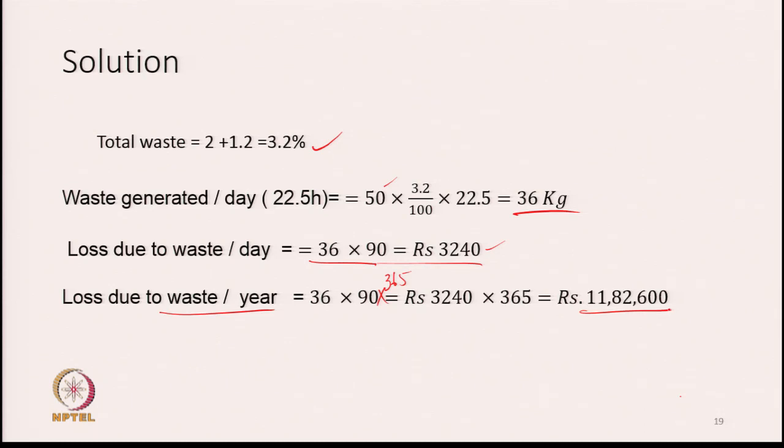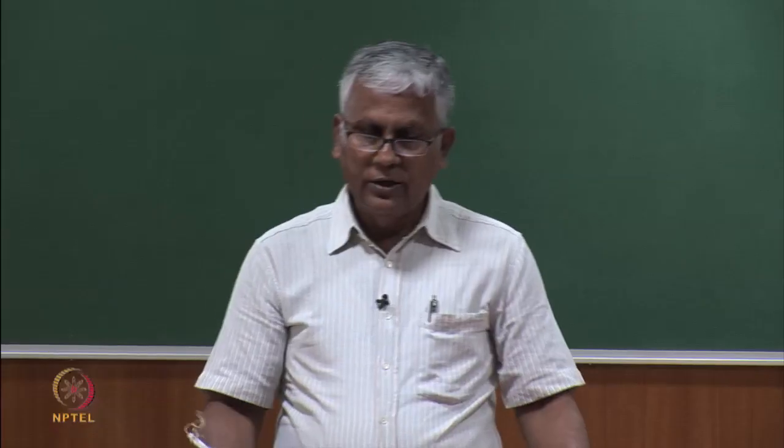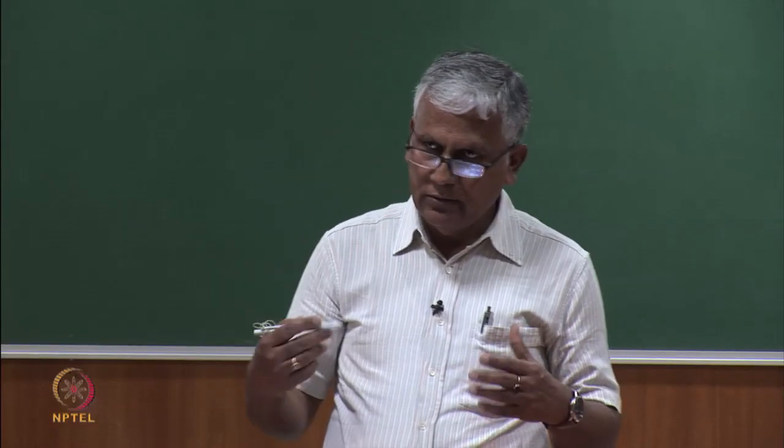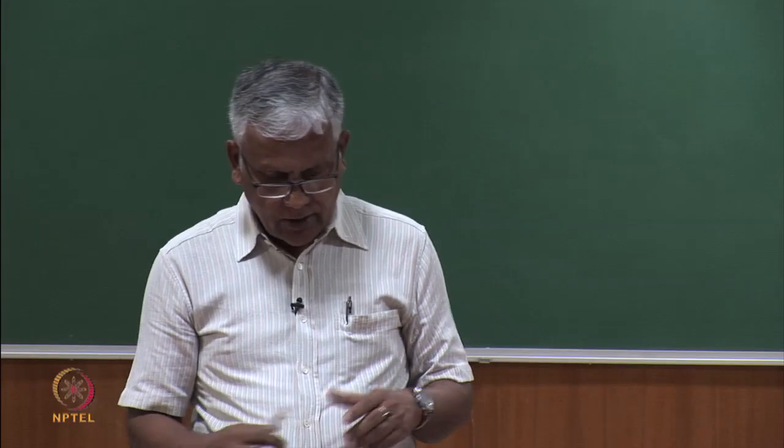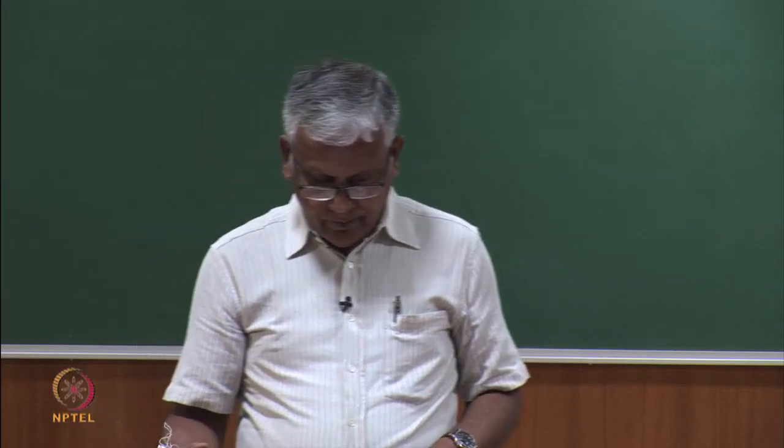So, you can see that in a card whatever waste that is generated, here we get a figure 11,82,600 rupees. We are ignoring this, part of this waste can also be sold out and we can fetch some price out of it, but